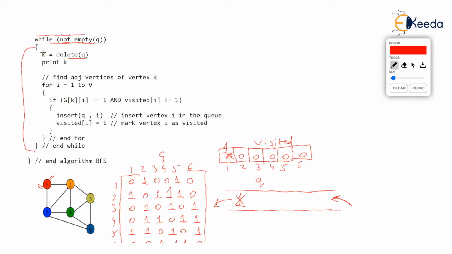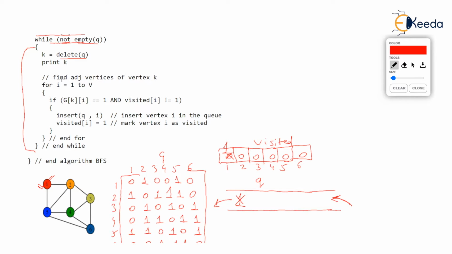Very funny, isn't it? K was 1, we inserted 1, we deleted 1, and we are storing that 1 in K again. But you will see the colors of this particular statement, delete Q, and what it does during the next repetition. So anyway, at the moment K was 1, it remains 1. Now the next line, we print K. So 1 gets printed. Remember, vertex 1 is already visited. It is already checked as visited. See the visited array. Okay, so 1 has got printed.